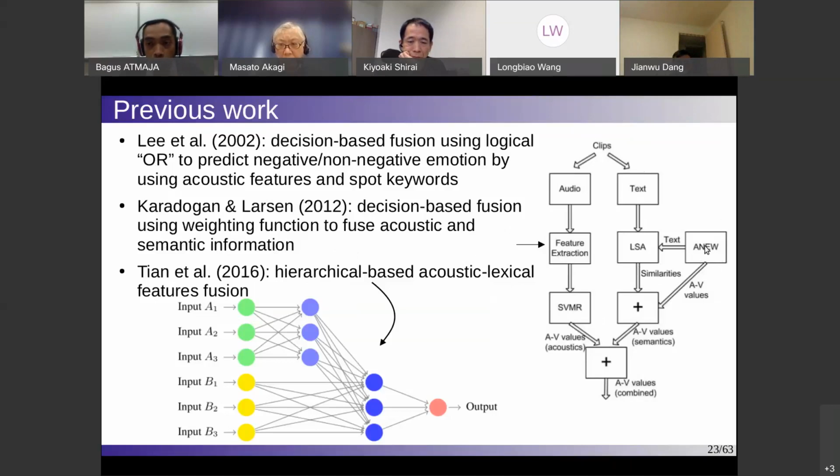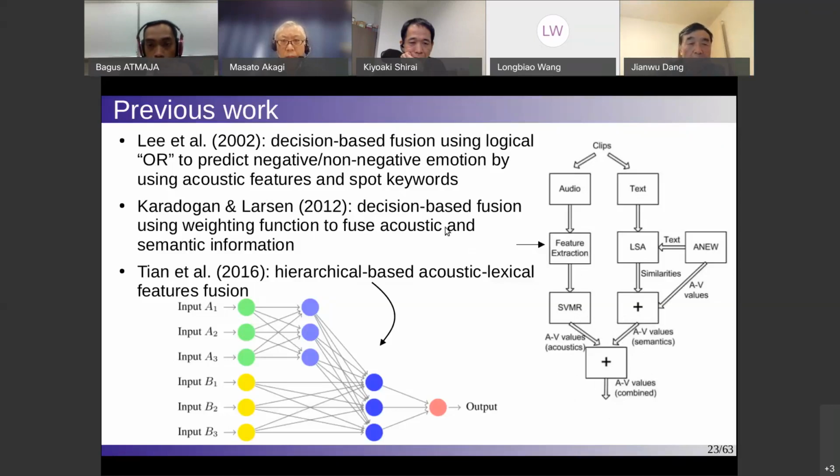In this dictionary, it already contains the scores of valence, arousal, and dominance. They use two semantic information sources here, LSE and NU, and then they add these two values. This is the linguistic information. Using acoustic information, they experiment with some weighting functions, where the sum should be 1. For example, 50% from acoustic and 50% from linguistic, or 40% from acoustic and 60% from linguistic.